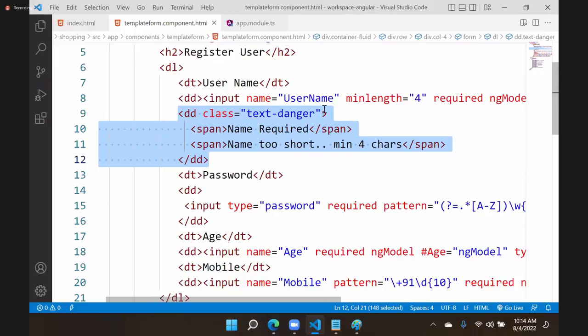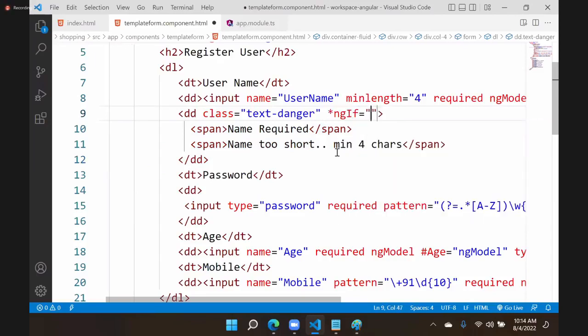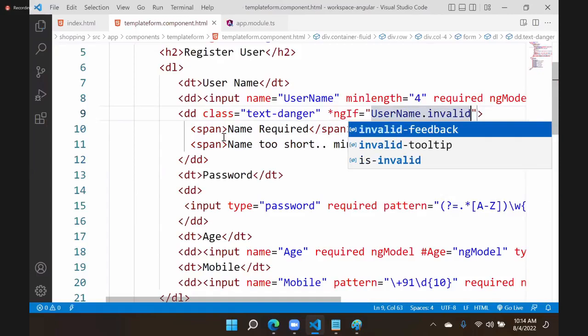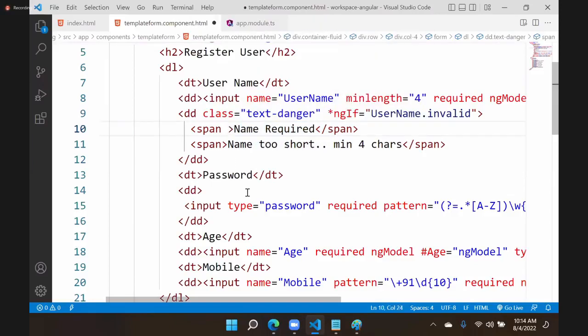When should it be added? When name is invalid. That means I will put here ngIf username dot invalid, then this block will be added. But in that block, which message do we display? This message should display if there is a required error. Then we have to write ngIf